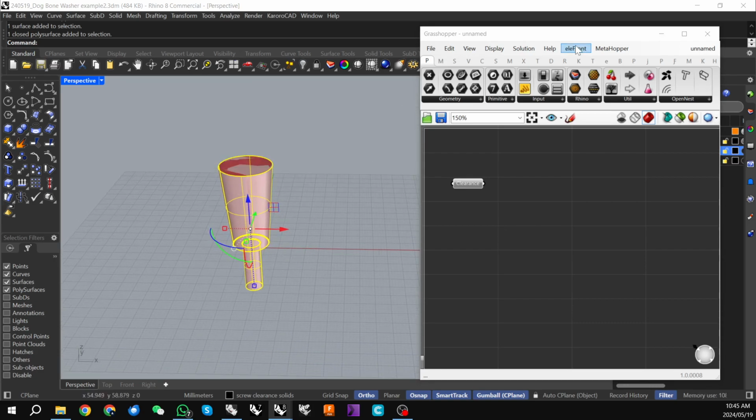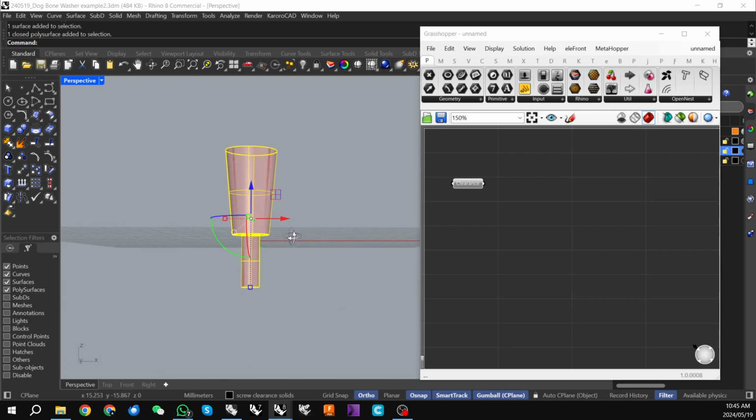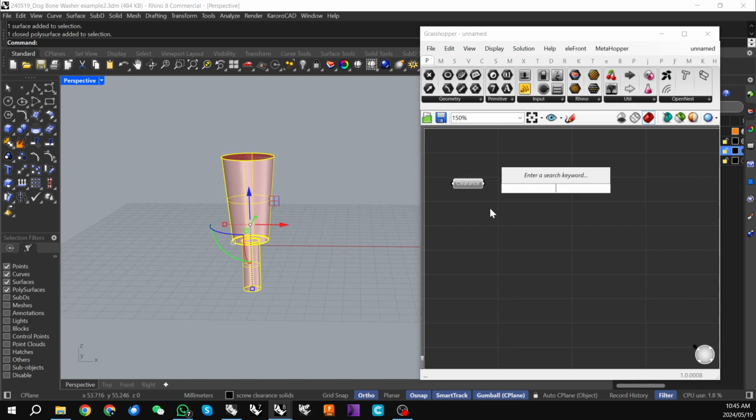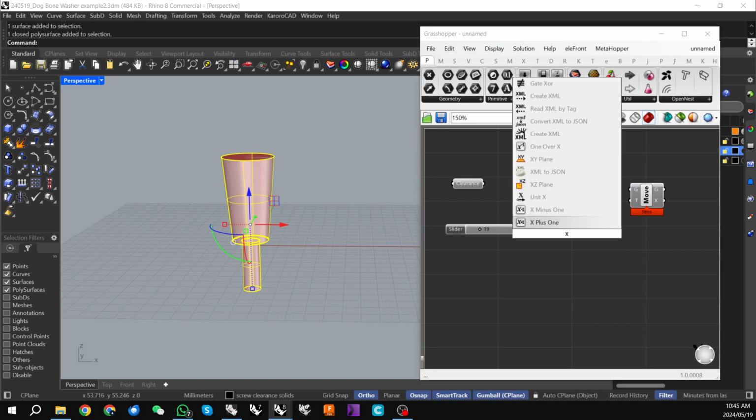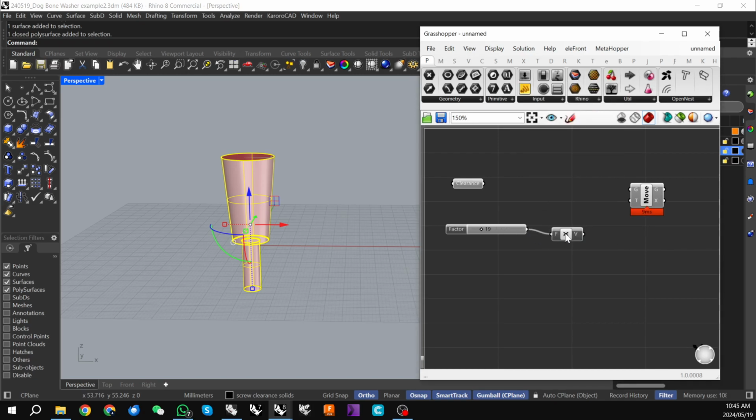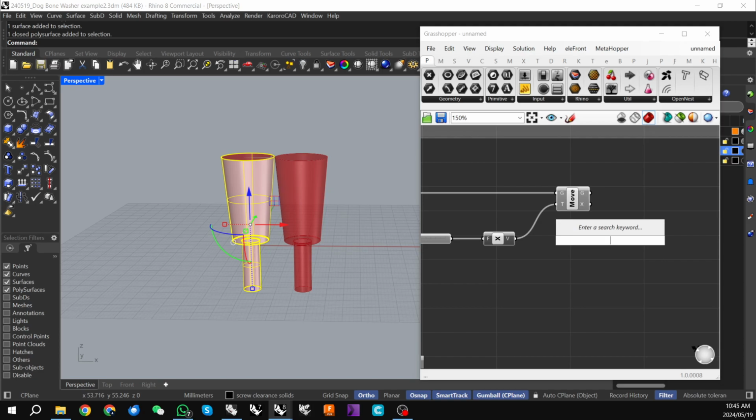Now this one's sitting on the origin, and it's actually at the right height, but our bolt spacing is 38mm. So I'm going to put a slider of 19mm, and I'm going to type move, but we actually want to move in the X direction, unit X of 19mm, our clearance,